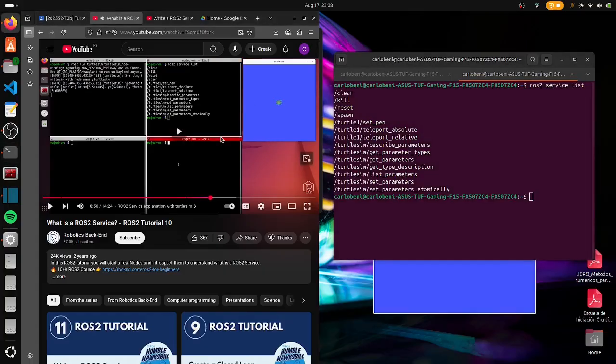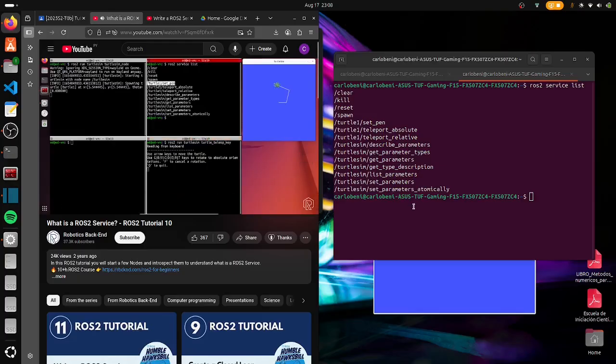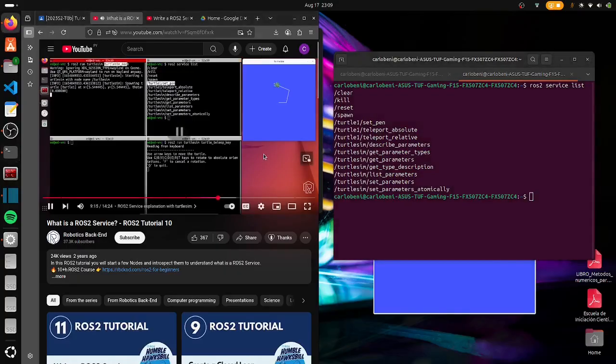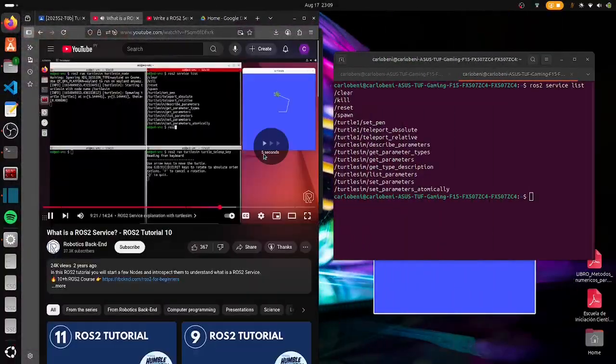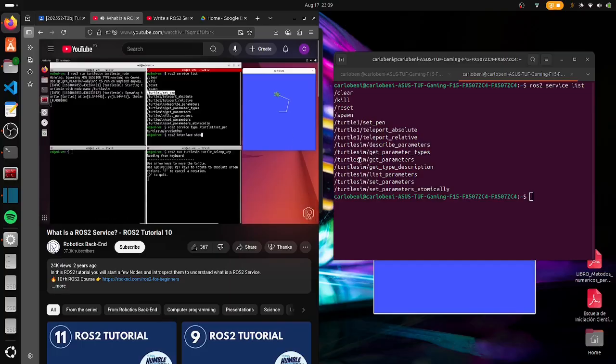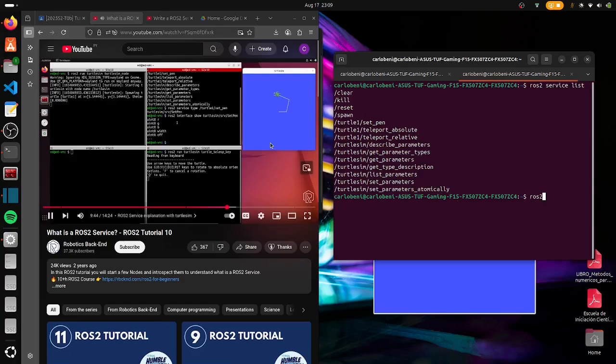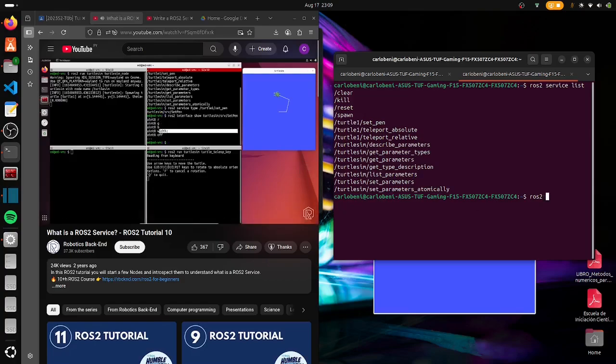Let's do the color of this. We can change it with set_pen. So that's an example of how to change a setting. The service server is hosted on the turtlesim node, and then interface show with that. And what do we have here? Well, we have a request with RGB, so red, green, blue, and then the width of the pen and off if you want to turn off the pen. That's the request. Then we have